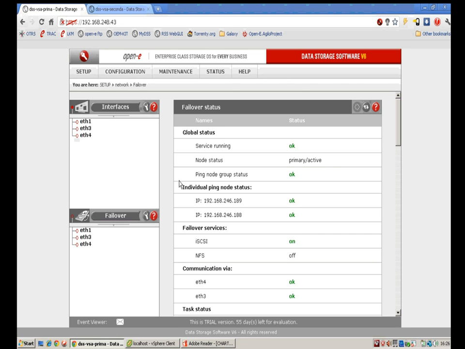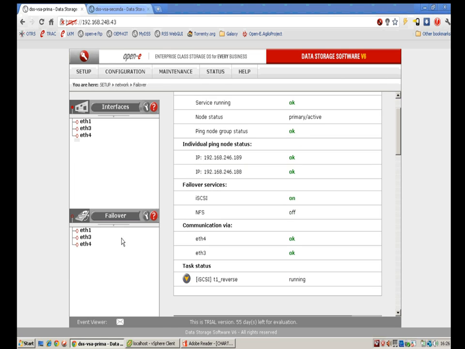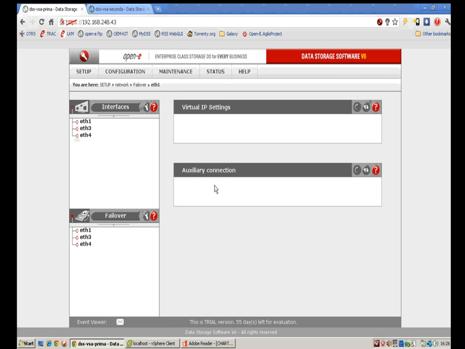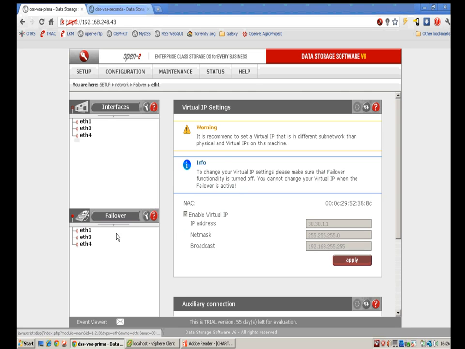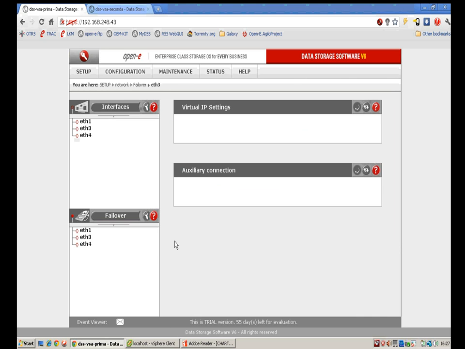Now we go to the DSS, so I will show you some setup, how it's configured. As you can see, it's already configured. I have failover cluster running. My first node is the primary active node. The other node is the secondary and passive node. And I will show you the configuration. This is the ETH1